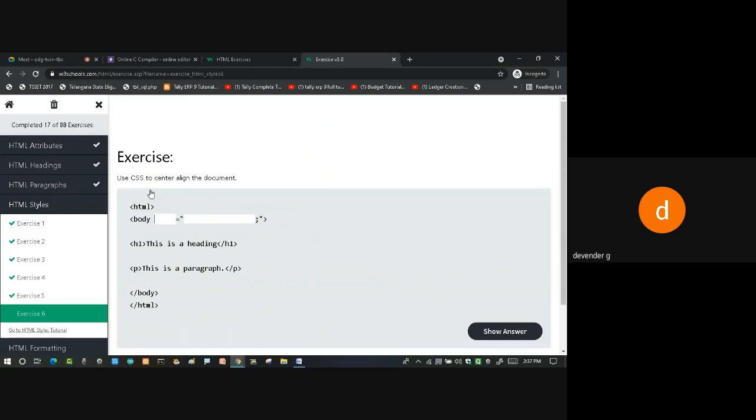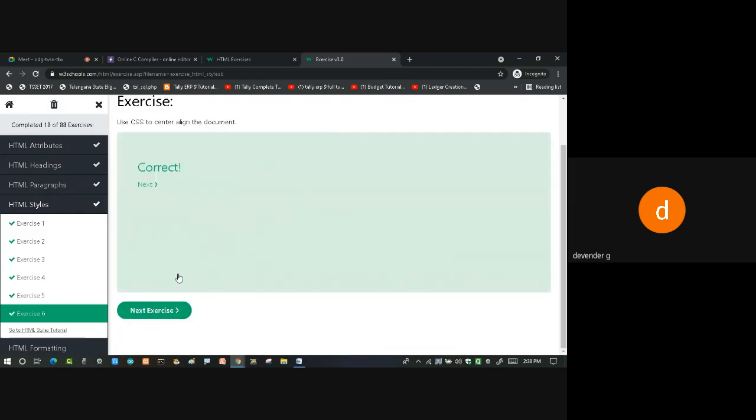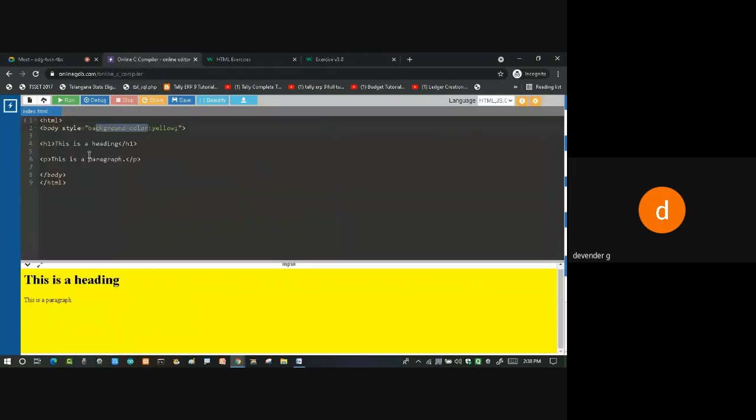So already we have seen how you are going to get the text in the center. So we have to write something called style, that is compulsory. Then I'll be saying text align center. Already we have seen, so the same thing he was asking. This should come in the center. So style is missing and this particular thing is missing. So we'll see how far it is correct. So it's correct, it is showing. So let's see that also.